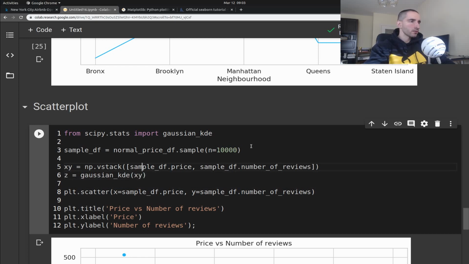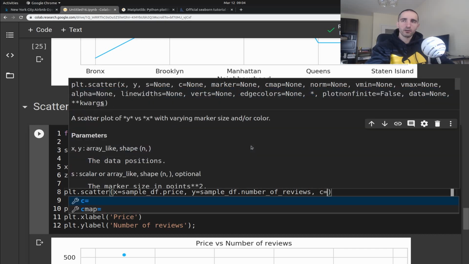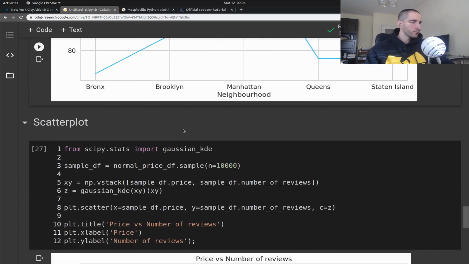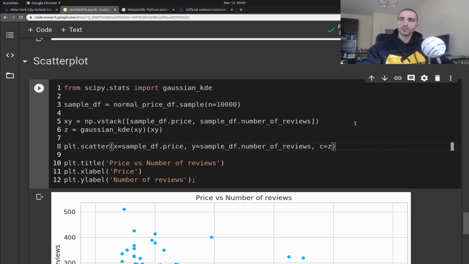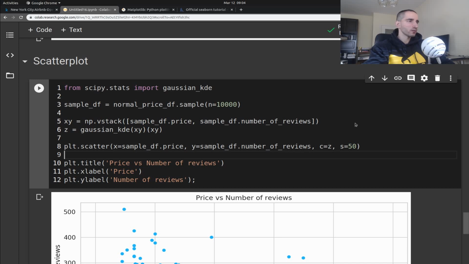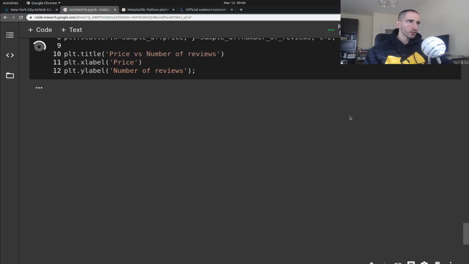I'm going to pass in the stacked array here and apply it on the same array. Then I'm going to use the price, the number of reviews, but here for the C or the color, I'm going to use the result of the Gaussian KDE, and I'm going to set a marker size in points, which is going to be a much larger circle in our example. And the result